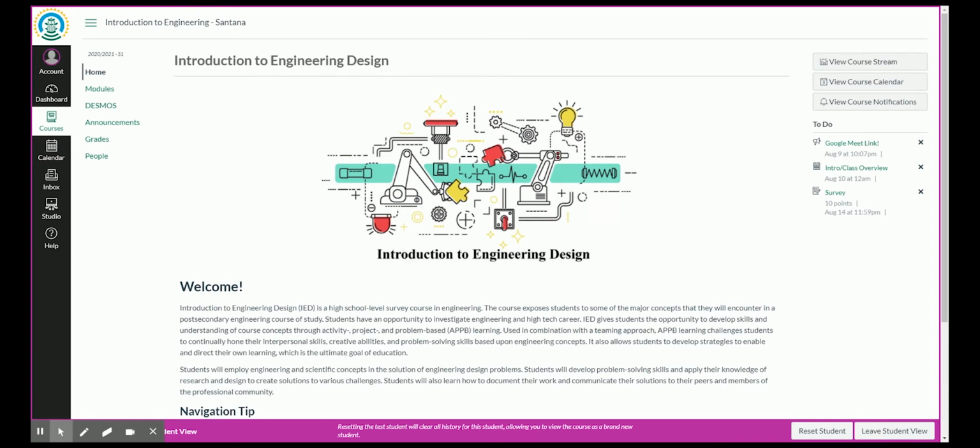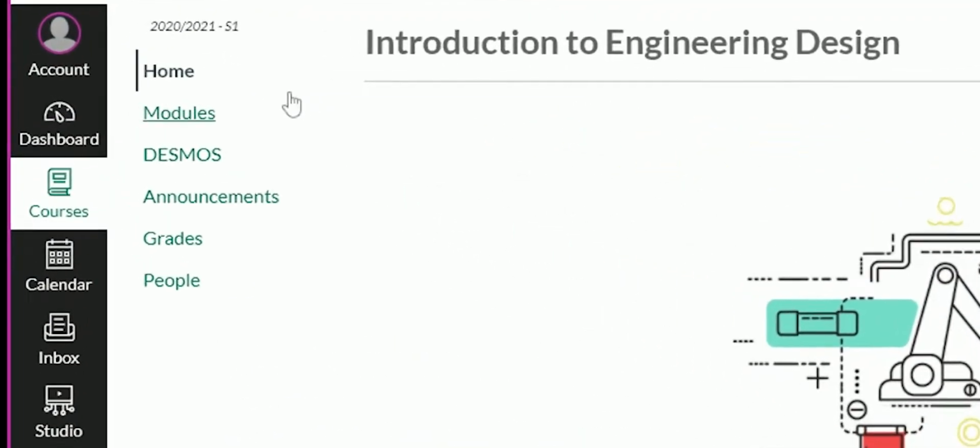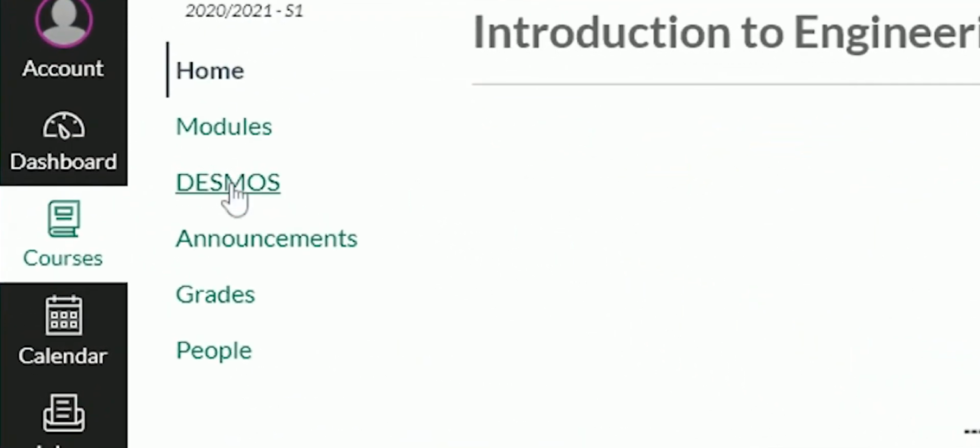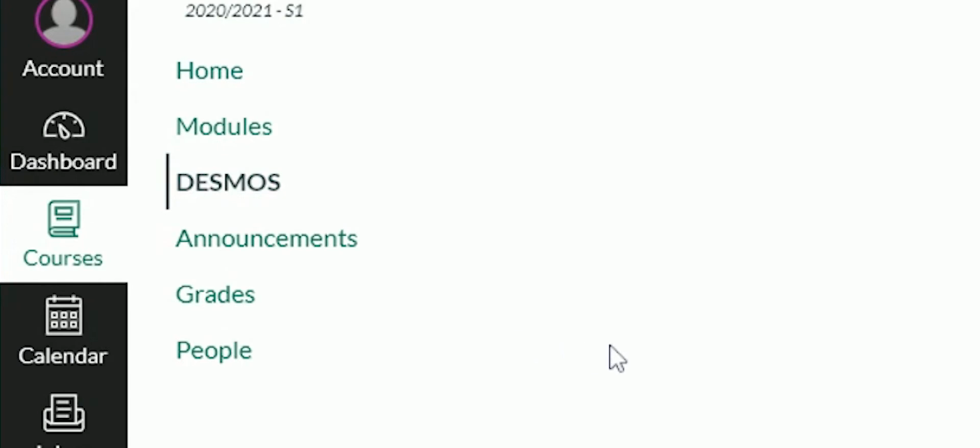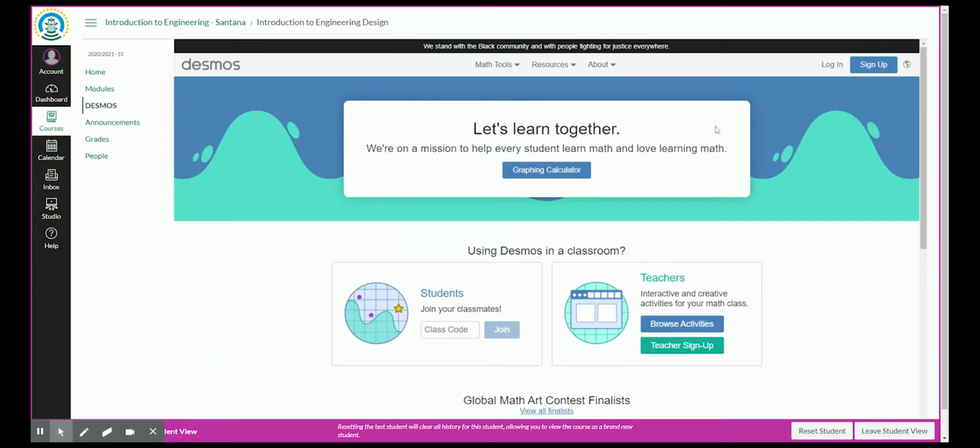In the Introduction to Engineering Design course in Canvas, you'll see that I added a new page called DESMOS. Go ahead and click on that and it'll redirect you to this page. What I did was I essentially embedded the DESMOS website into Canvas for you guys so that way you can